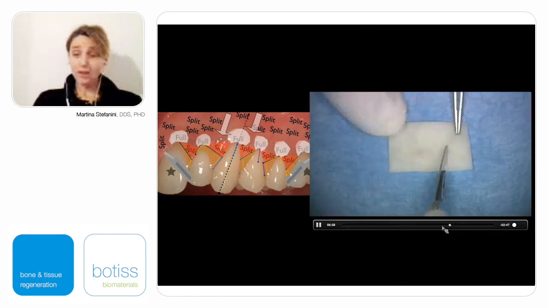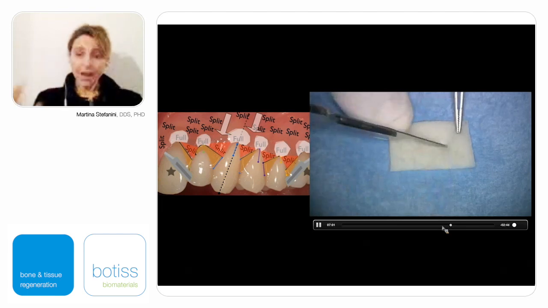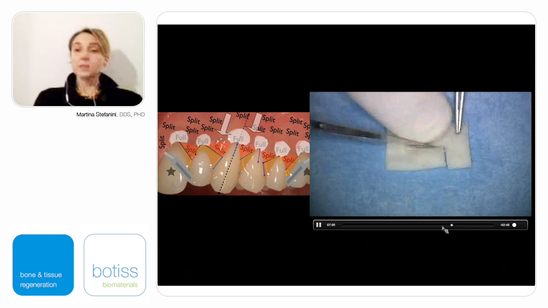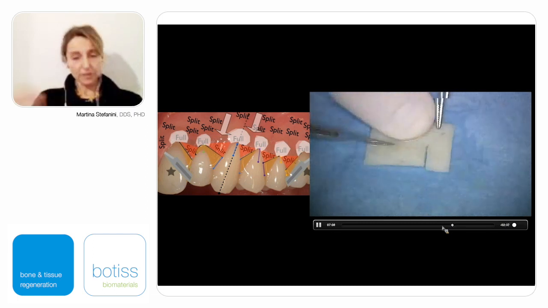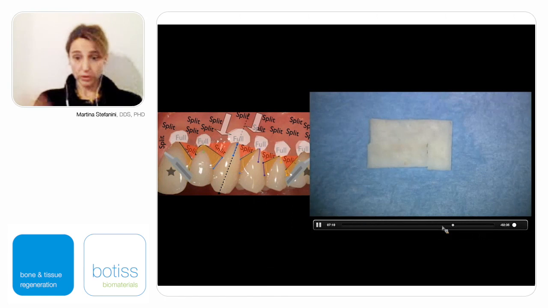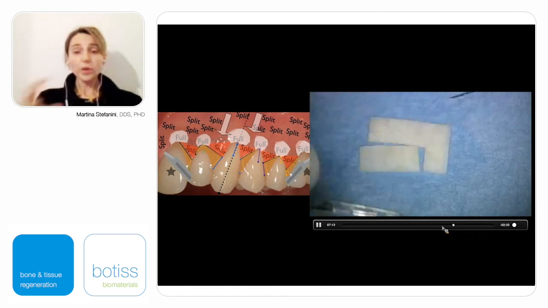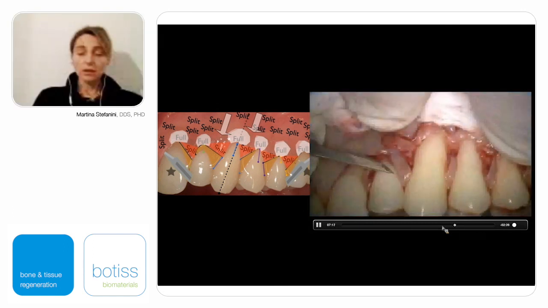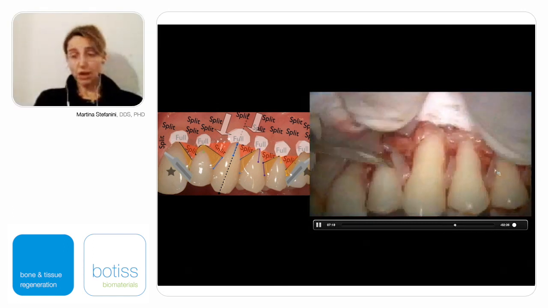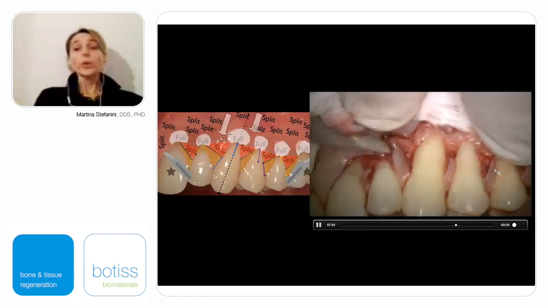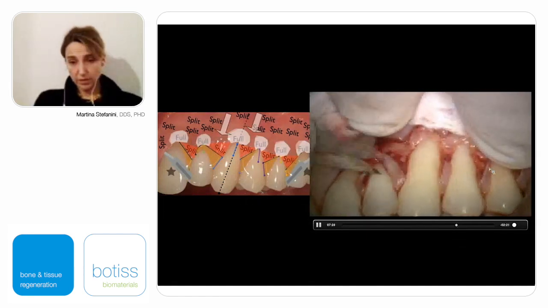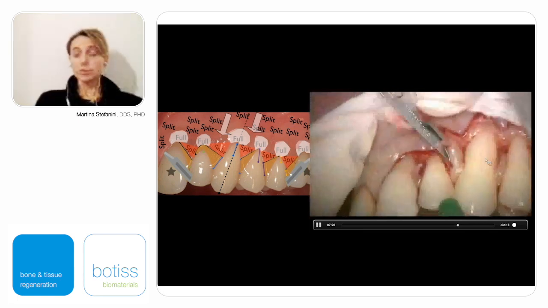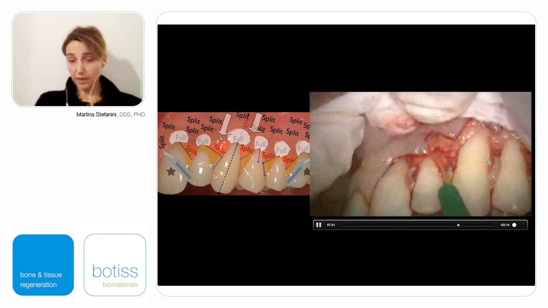But since we are at the level of the more buccal tooth, that is represented by the canine, we want to increase the thickness with time in order to reduce the risk of recurrence, and we want to keep as much as possible the space between the flap and the buccal root of the canine and of the premolar. So we add the mucoderm that was trimmed in order to be placed at the level of the cemento-enamel junction of both canine and premolar